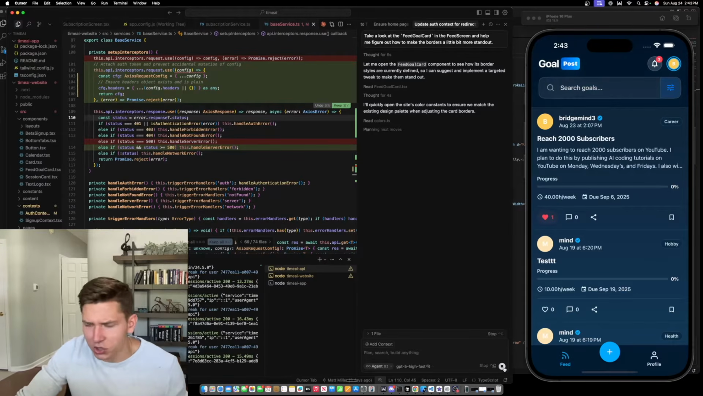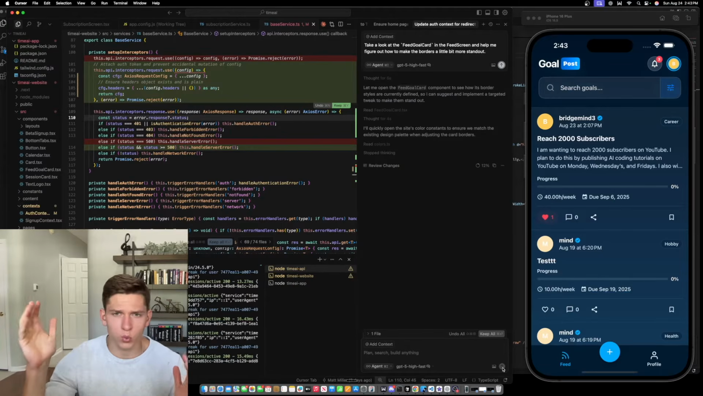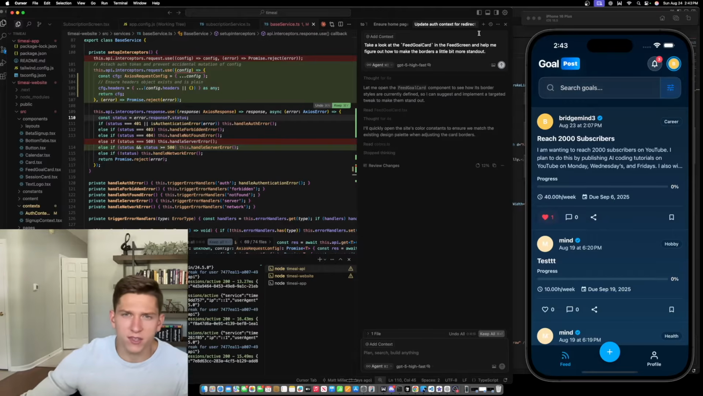And I actually don't want to make these changes, but I'm just going to stop it right here because I want to show you what process it just went through so you can understand how Cursor works. So I made this request: take a look at the feed goal card in the feed screen and help me figure out how to make the borders a little bit more stand out, which is terrible English. My apologies, but